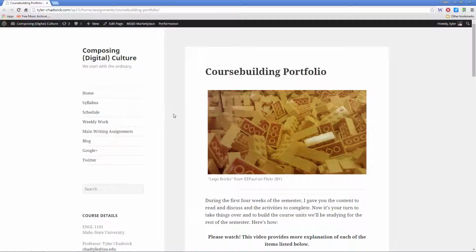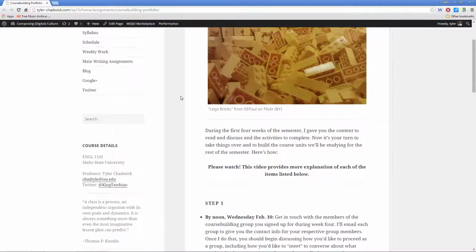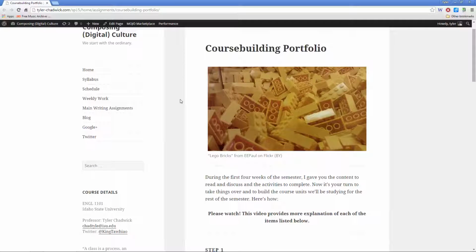As we move into the next phase of the semester, our main objective is going to be building course units. This will be a collaborative project that you'll do in the groups that you signed up for during week 4. Now, there are several different parts to this course building project, and the end goal of this is to create course units that you will use to study in the course,